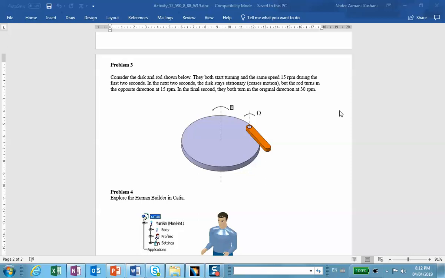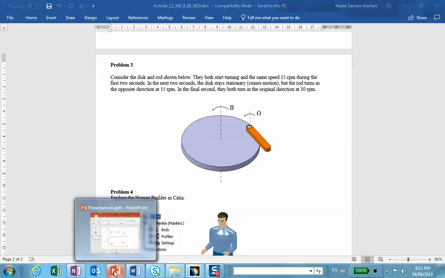We have a disk shown here, which is turning, and we have an arm, that orange object, that is also turning simultaneously. The description of the problem is given here. You can stop and read it, but the bottom line is that if you looked at this graphically,